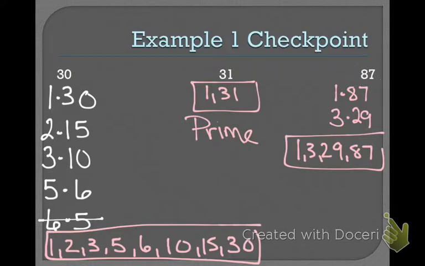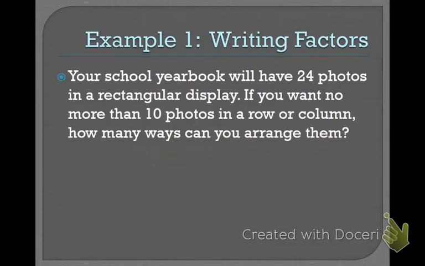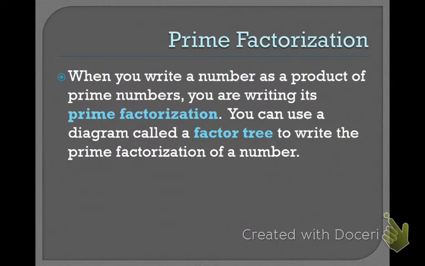All right, so prime and composite numbers. Okay, example 2. In example 2, we are going to learn something called prime factorization. With prime factorization, you are writing the number as a product of its prime numbers. So prime is a very important word here. In example 1, we found all of the factors. Some of those factors were composite numbers. That's fine. But when we do the prime factorization, we're breaking a number down into its prime factors or